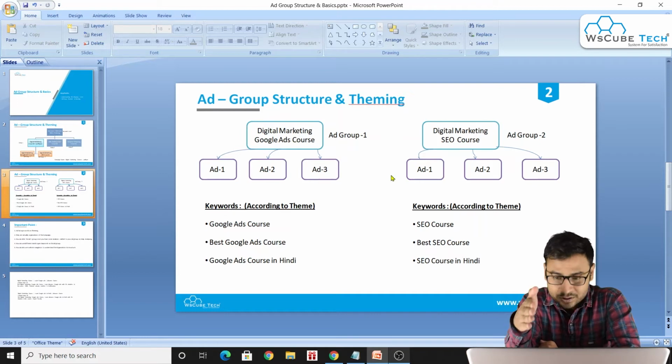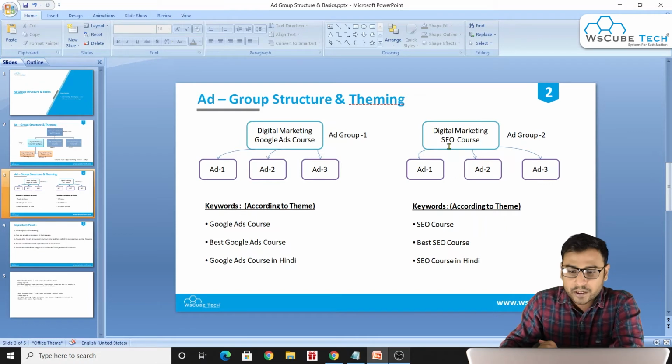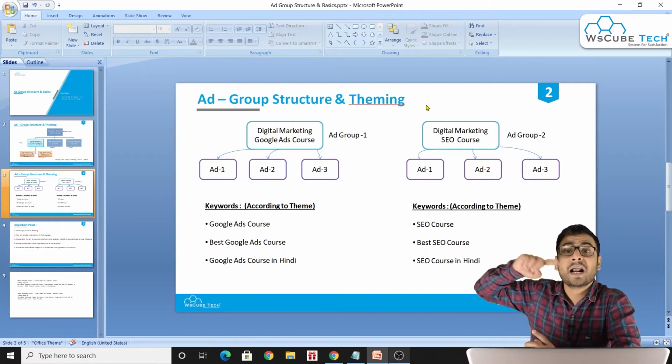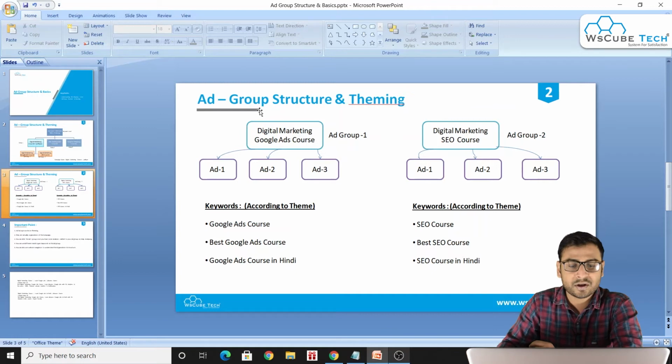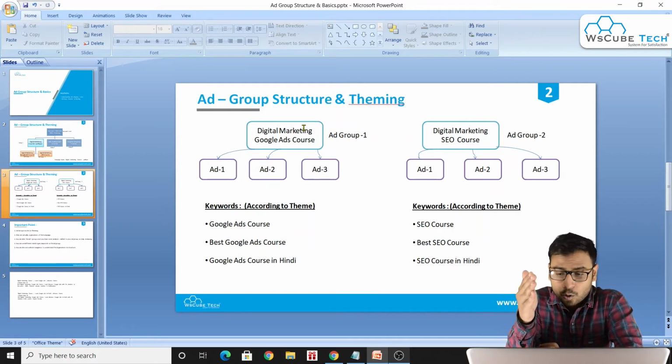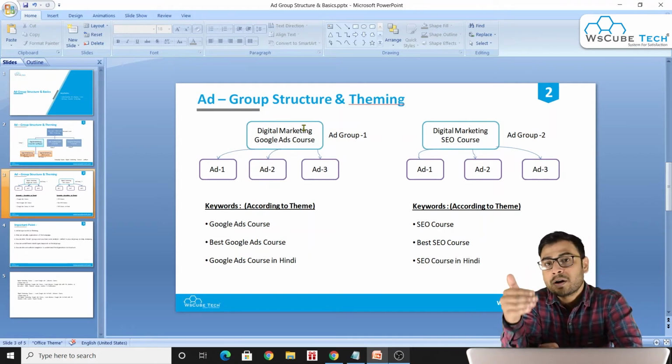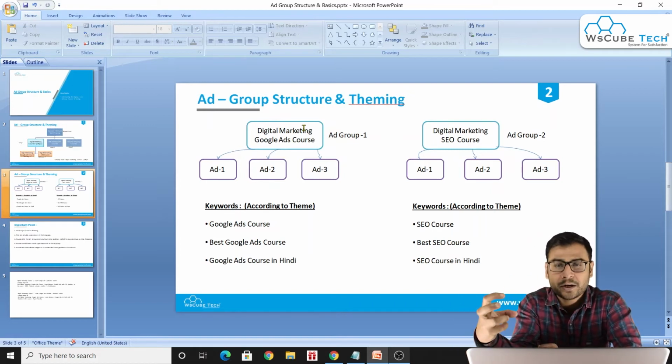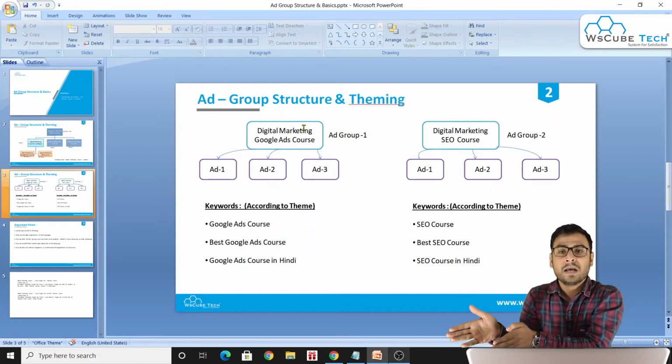So this is how ad group settings or ad group level keywords and our ads are related. Now coming to the second part, ad group number 2. We have again digital marketing, but this time we are enrolling students into a search engine optimization course. Now this course is totally different. We have a different landing page for this course, and we have a different landing page for the Google Ads course also, right? So whenever we put our final URL in ads 1, 2, 3, 4 of the Google Ads ad group, we will put the landing page where we talk about the Google Ads course. But when we have a separate landing page for the SEO course, why not bring the traffic to that specific landing page, right?